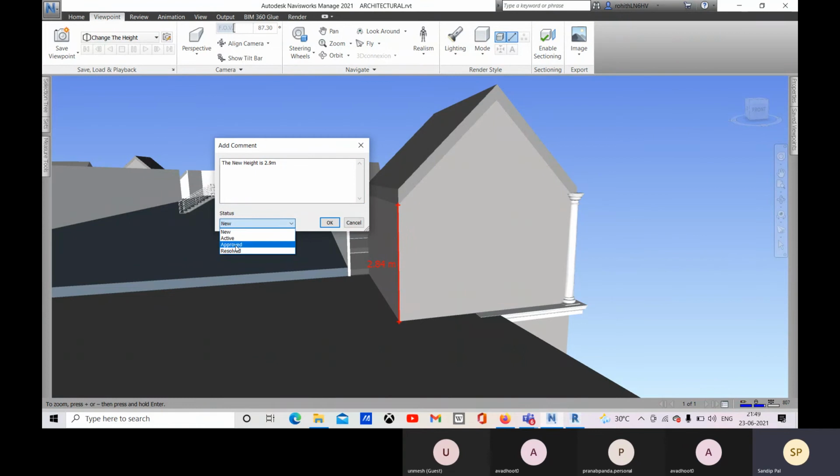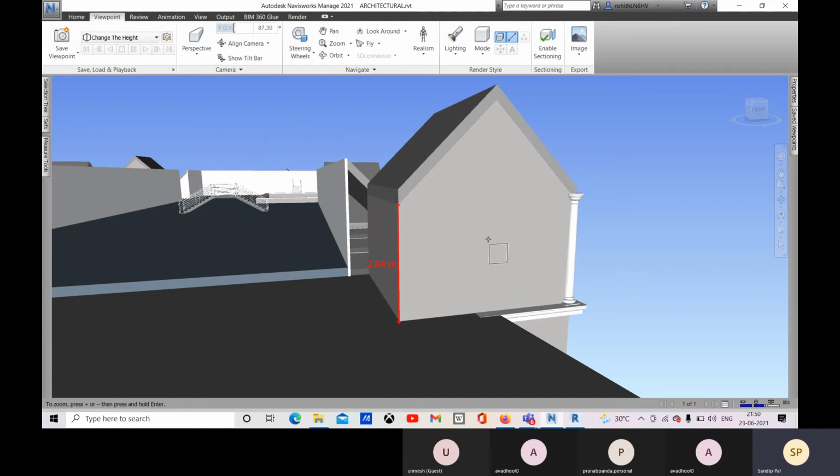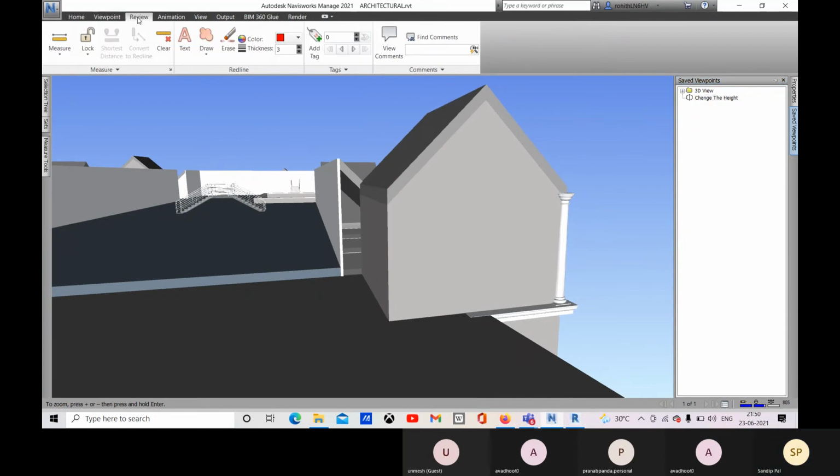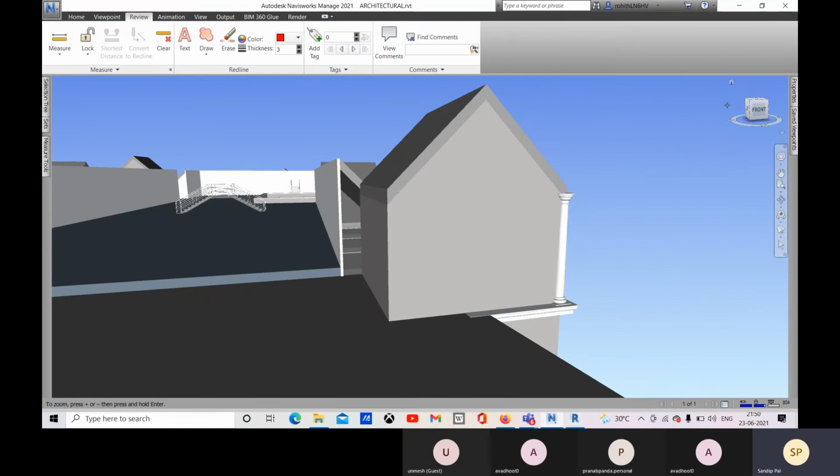If it is approved, you can change it to approved. And if it is resolved, you can give that as a result. So right now this is new, click on new and okay. All right. Now let me go to 3D view or any other particular view.